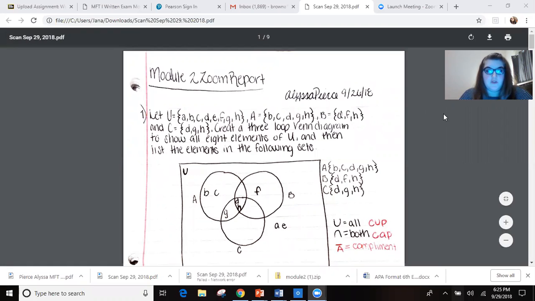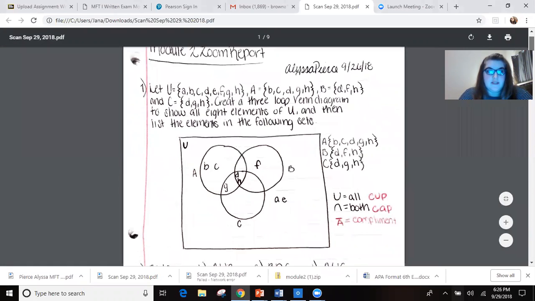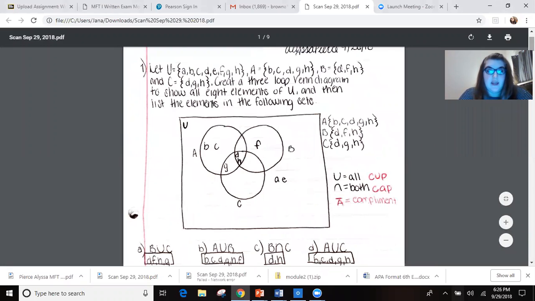So today we're going to start with number 1 and take a look at that. It says let U equal the set A, B, C, D, E, F, G, H, and A set be B, C, D, G, H, with B set being D, F, H and C set being D, G, H. We are to create a 3-loop Venn diagram to show all 8 elements of U and then list the elements